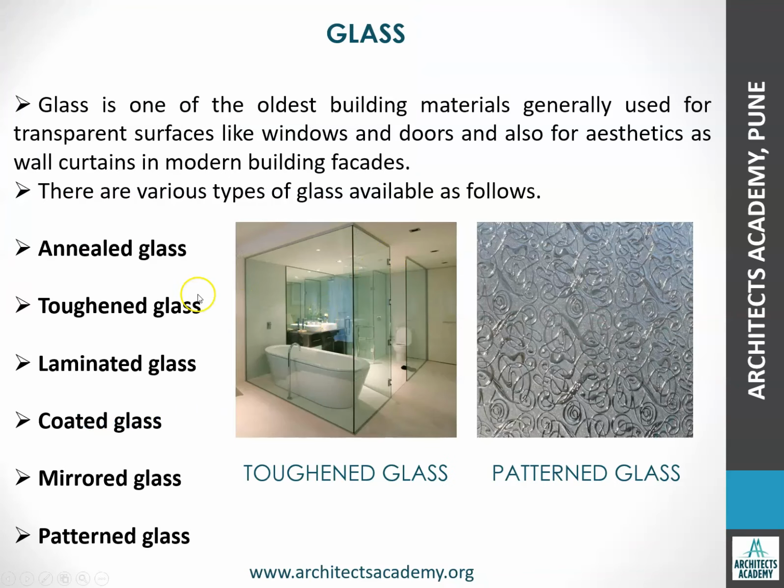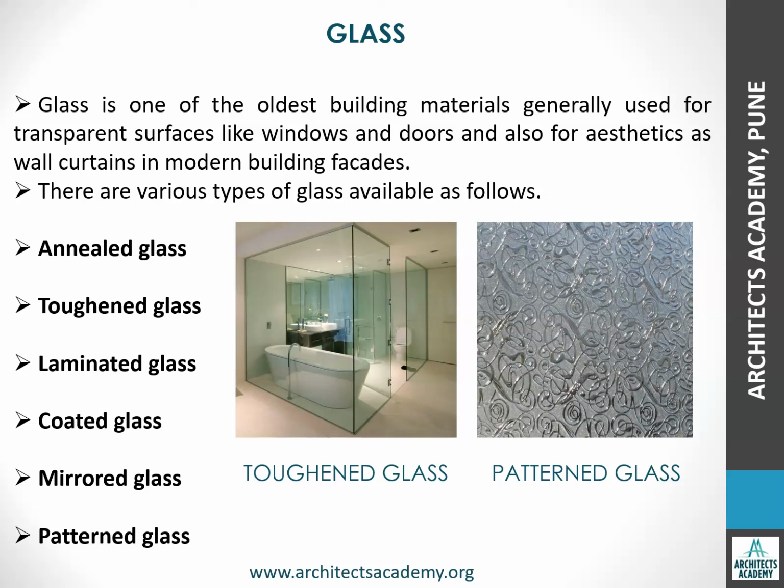So these are some applications of glass, as you can see here. Glass has a variety of uses in a building. Starting from the simplest use, which comes to our mind, it is for a window pane. For a window pane we use glass, simple use. Second, you can use glass for a door. So instead of a wooden door, you can use a glass door. Then you can make walls out of glass, if you can think that way.